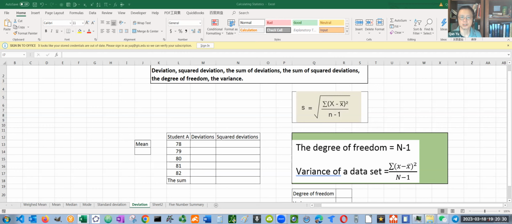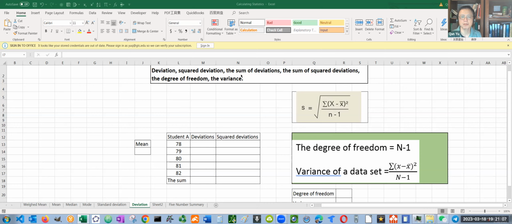And there will be a second video to discuss the standard deviation and how to calculate it. And I have this table here. You see this first column, and these 5 numbers are the scores for 5 tests from student A. So basically, this is our data set, and we're going to calculate these quantities in this box on the top